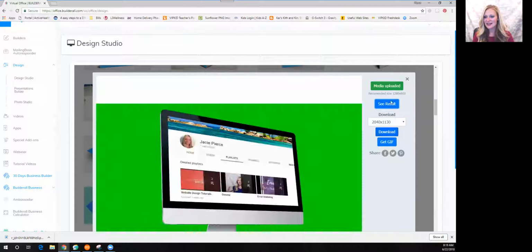Now you can see it has the option to have a GIF downloaded. You can put a video. I could put one of my YouTube videos right on this screen playing if I want. So that's kind of cool that you can do that. And you just click on download, boom, you have your image for your website, and I can show you how to add that. It's super easy, but